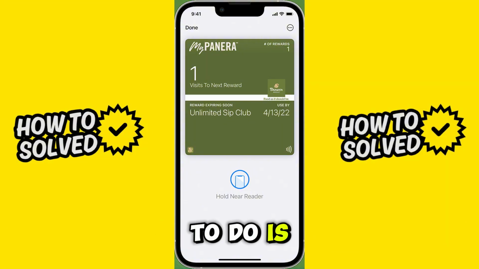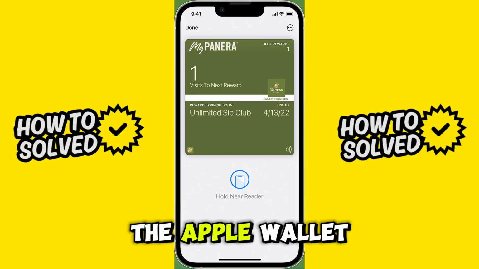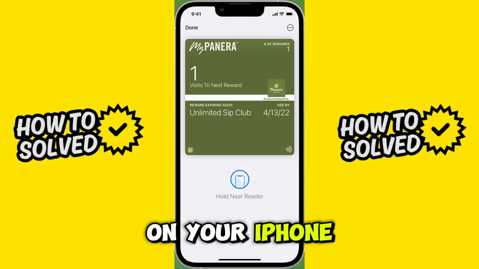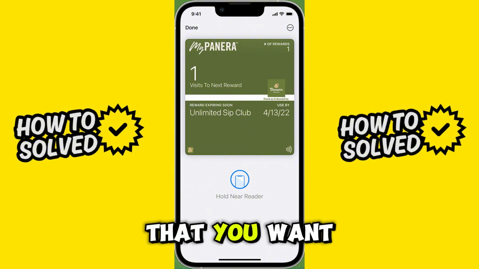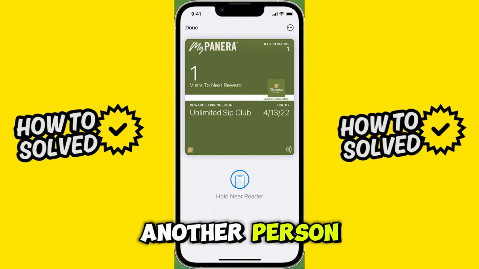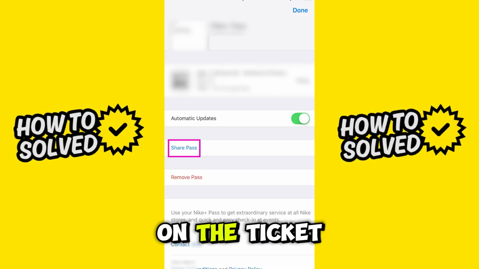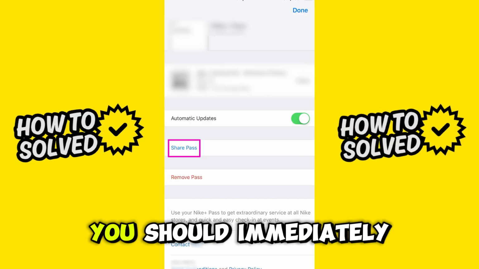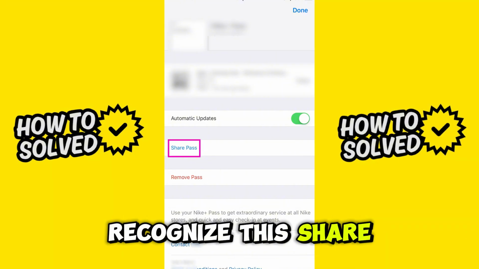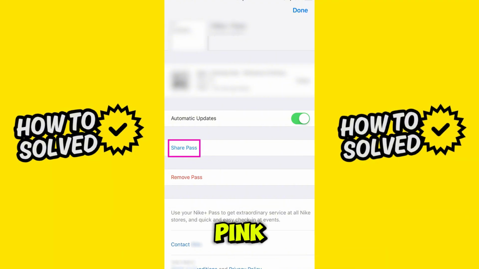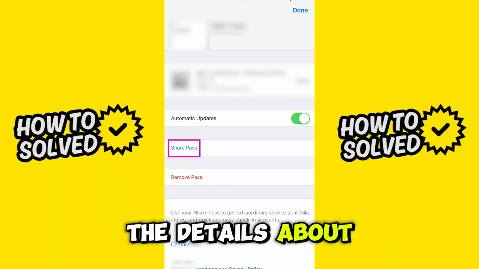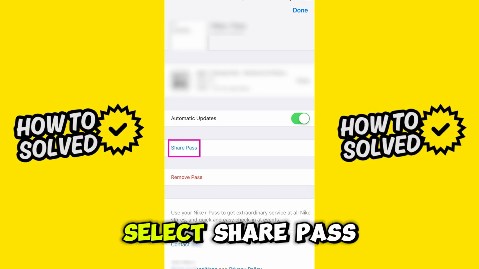All you have to do is open up the latest version of the Apple Wallet app on your iPhone and find the boarding pass, ticket, or whatever it is that you want to transfer to another person. When you click on the ticket to open up its details, you should immediately recognize this Share Pass button I've highlighted in pink. You should see the details about the ticket on the top, and if you select Share Pass,